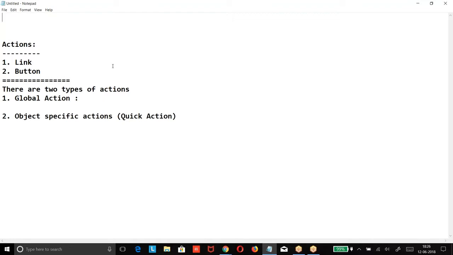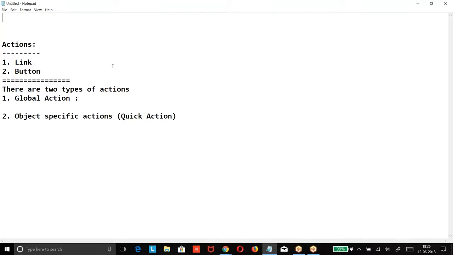When you are making an object specific action, it is added to the corresponding object only. That means whatever action I am doing will be a child action of that ID or associated with that ID. Whichever record ID we are giving, with respect to that record ID only we are making our action. If I am using a record ID in a SQL query, it will be either a parent or a child.